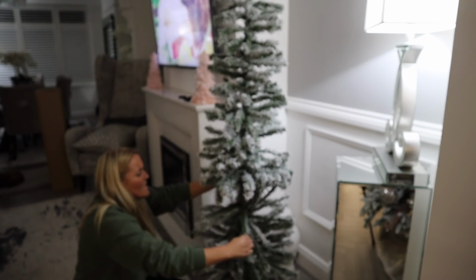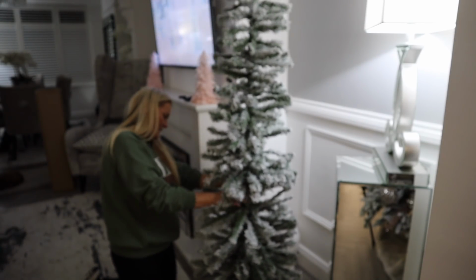So that's the Christmas tree all fluffed and looking lovely, but before we take it upstairs, there is a very